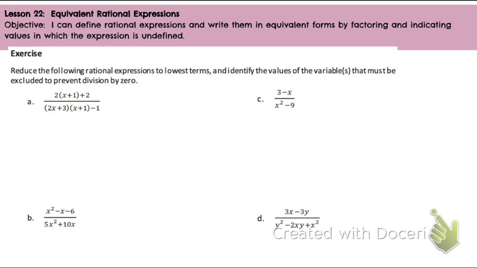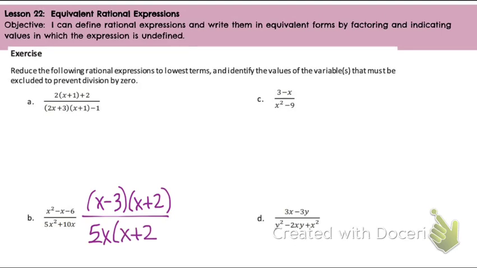Let's look at letter B. I have x squared minus x minus 6 over 5x plus 10x. I'm going to factor x squared minus x minus 6 into x minus 3 times x plus 2. I'm going to factor out a 5x here, and it's going to be x plus 2. So I know that my x plus 2's will disappear, so I get x minus 3